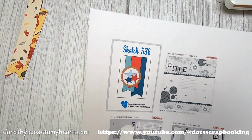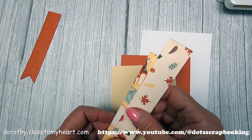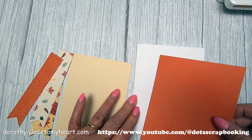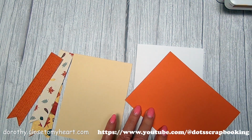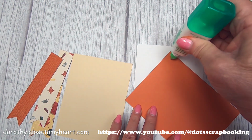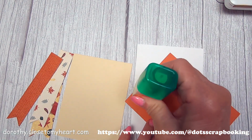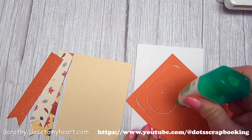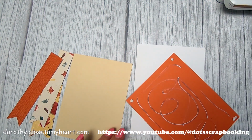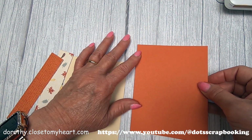So this is the card, and I am going to use the Cozy Up papers to do this. The first thing I'm going to do is cut a piece of paprika, 4 1/4 by 5 1/2, and I think I'll use my liquid Tombow here. Come out to the corners and put it down on one of our